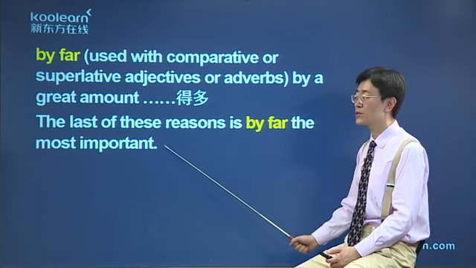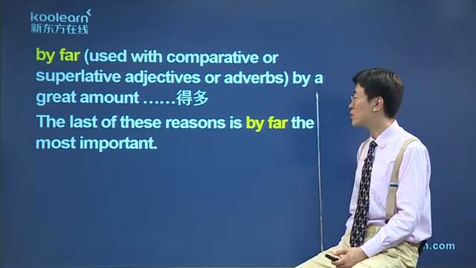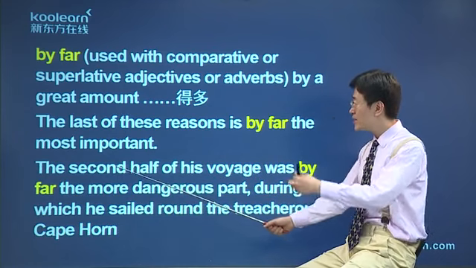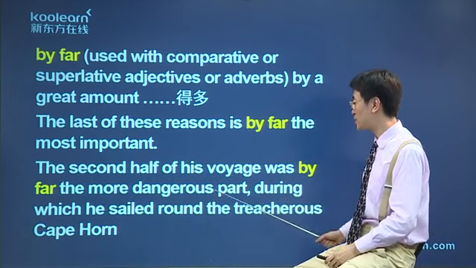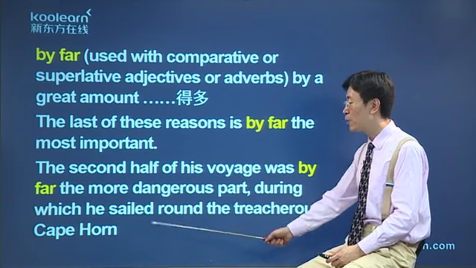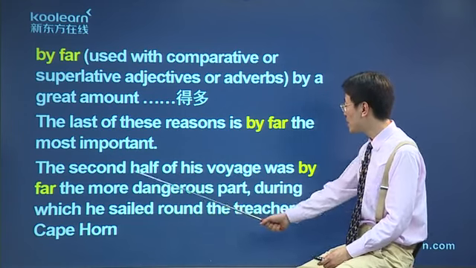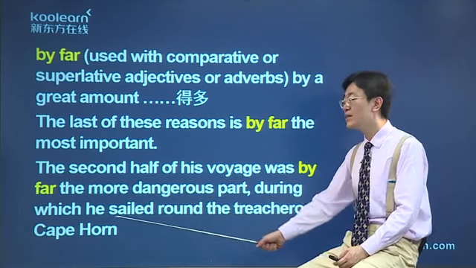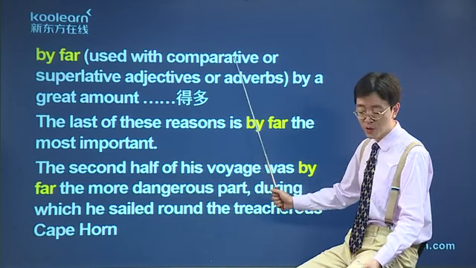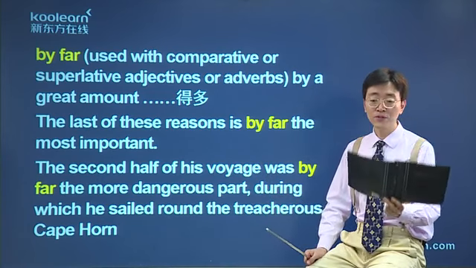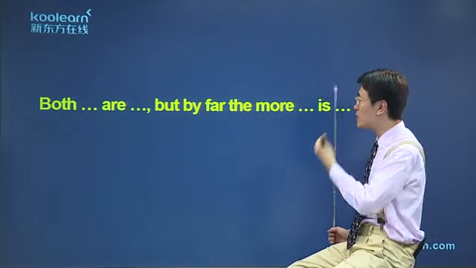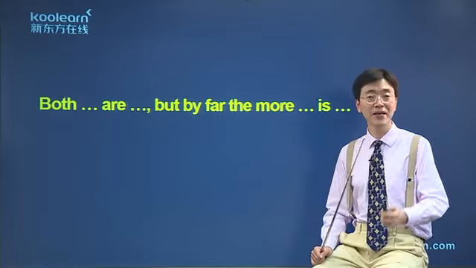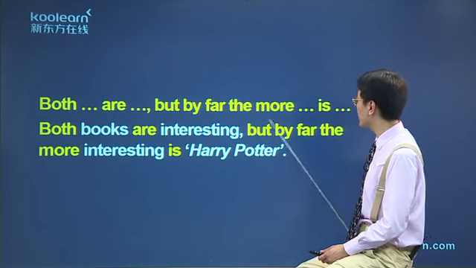reasons is by far the most important. 这些理由中，最后一个是重要得多的原因，这是跟最高级连用。再看跟比较级连用的，The second half of his voyage was by far the more dangerous part, during which he sailed round the treacherous Cape Horn. 他航海旅行的第二部分是危险得多的一部分，因为在此期间，他穿过了凶险的何恩角 Cape Horn。这是 by far 的用法。我们可以记住这个句型：两个东西都怎么样，但是什么什么得多的是某某。再看一个例子。Both books are interesting, but by far the more interesting